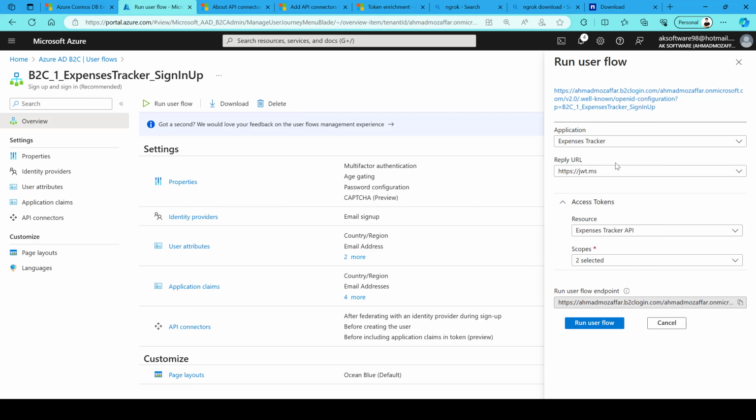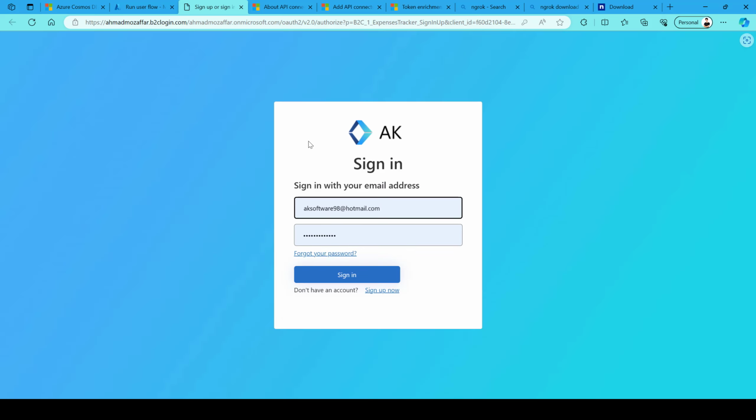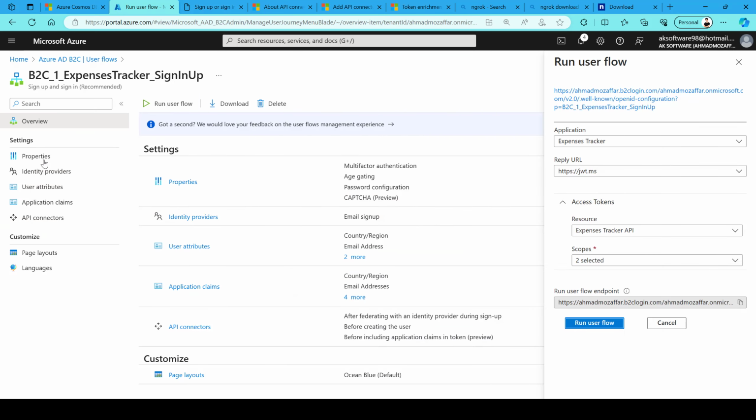And right now, whenever the user creates the account, we should be redirected to jwt.ms. So if we click run user profile, oh, here we go, look at that. That's what we have. So you'll be asking, from where do this background and icon come from? Those can be set up